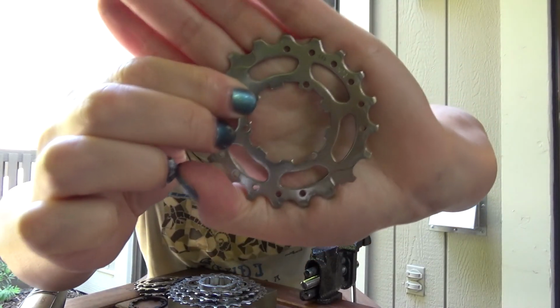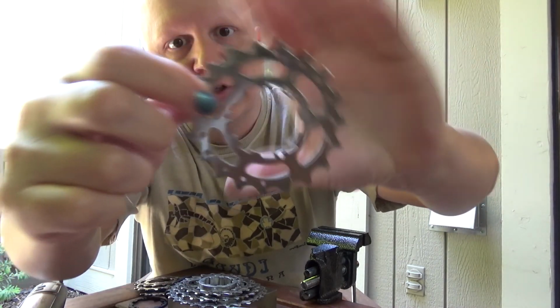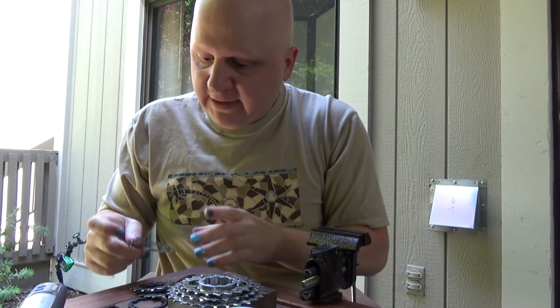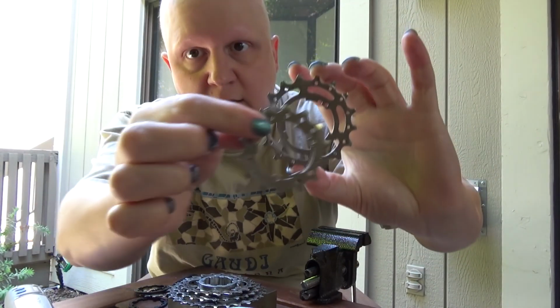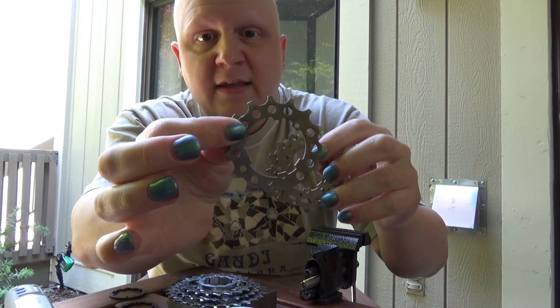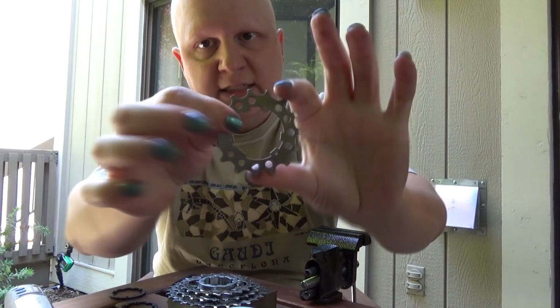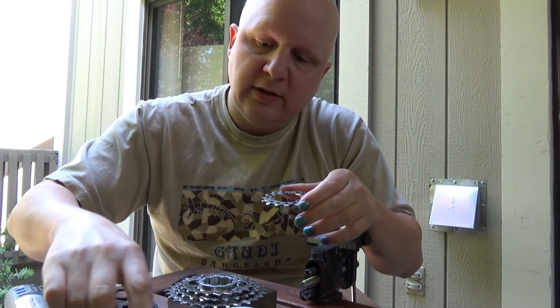So you can see on the inside here that you have all your teeth here. You have the larger gap right here. Everything's basically sane. On all the rest of these, for some reason, they cut out 3 of the teeth. And it's really kind of bizarre. So all 3 cogs here don't have all the teeth, and so when you apply force to this, that means you have 6 points instead of 9 points digging into the free hub, and plus the fact that it's wafer thin instead of being a full thickness like the